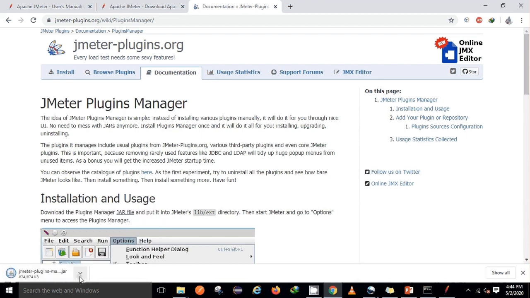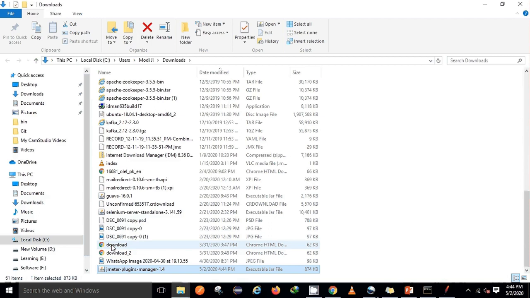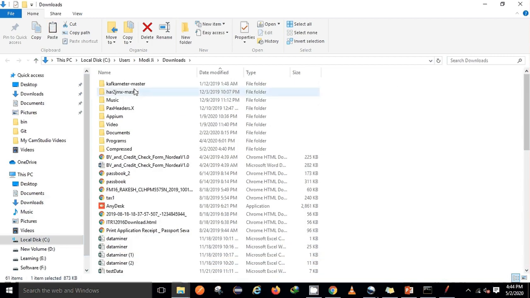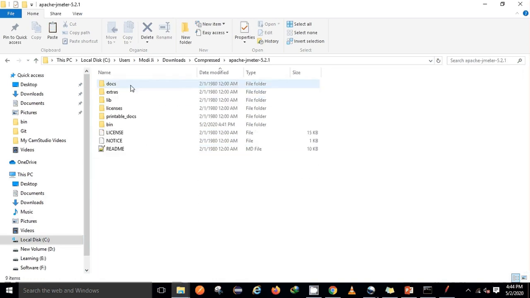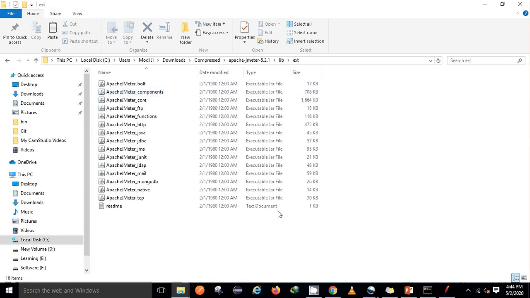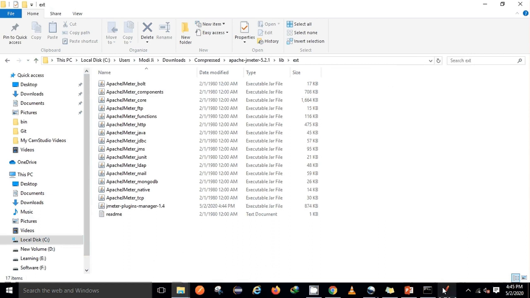Keep and show in folder. Here in the download folder I have cut it. Now within the extracted JMeter, inside lib, in the ext folder, I will add it here. So I have added the JMeter plugin manager within my JMeter ext folder.